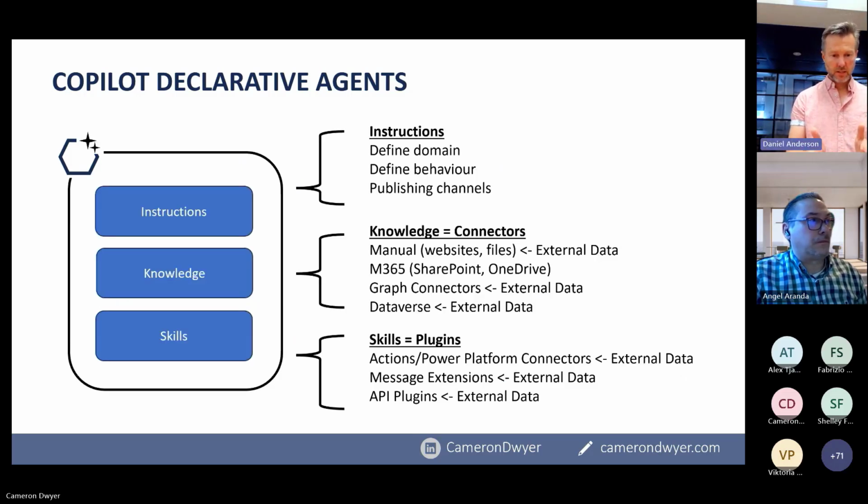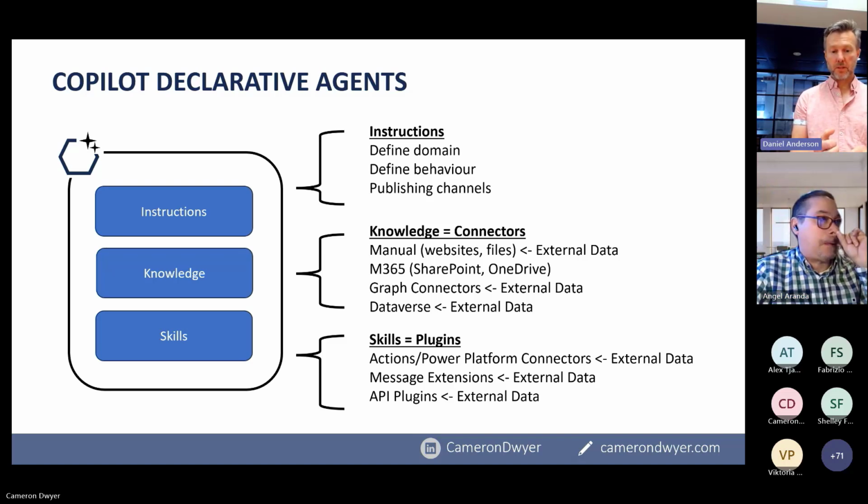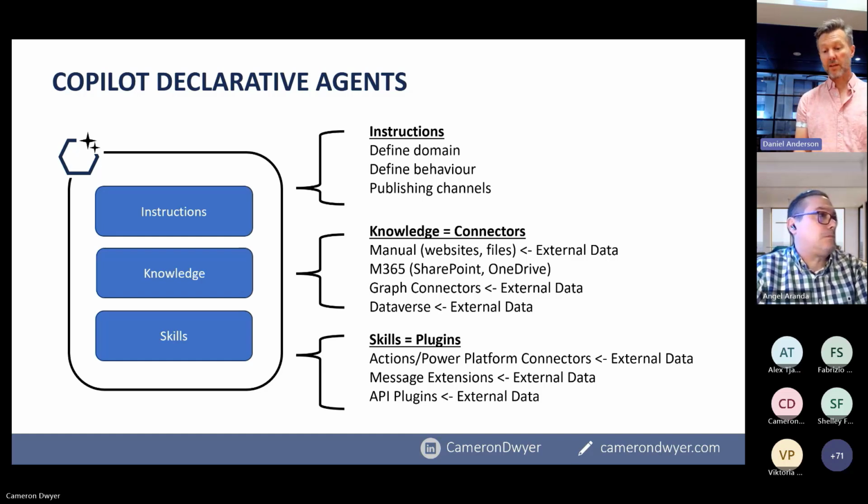I'm just going into this in a little bit more detail. If I tap onto the knowledge one here, we'll have a look at how you set this up. The knowledge you can provide, especially when it comes to external data, is you can manually upload files, much like we saw at the prompt. You can give it publicly available websites as knowledge sources. You can give it Microsoft 365 data, like SharePoint and OneDrive locations or specific files even.